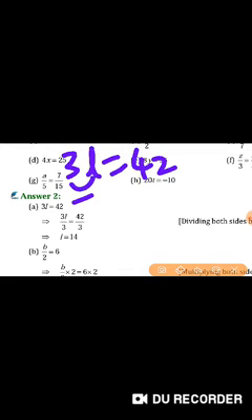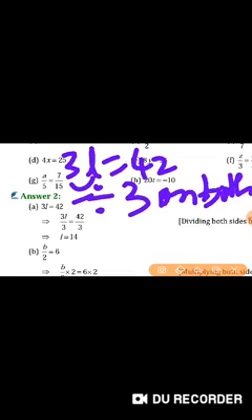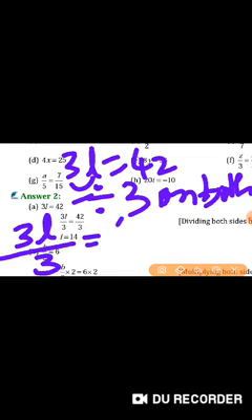So if it is multiplication, what do you have to do? Divide by 3 on both the sides. What it becomes? 3L divided by 3 is equal to 42 divided by 3. You have to do it on both the sides. Why? Because if you apply the step to only one side, the other will shout at you. Why are you giving one of them the preference? They are equal, they have equal rights. That's why whatever operation you are doing, you have to do it on both the sides.